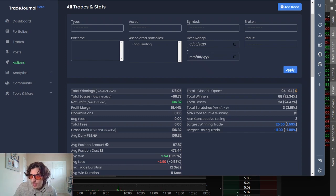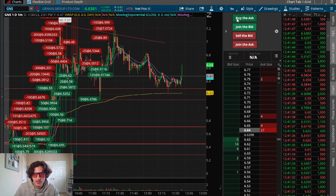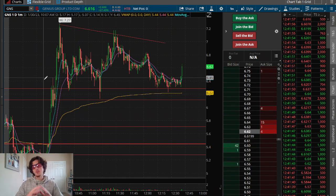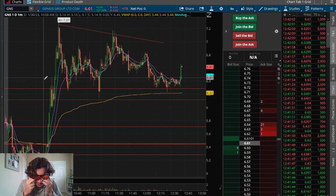My total winners, I had a really good accuracy today at 72%, well above my average, which is like 60 to 65. So really good accuracy today. I cut my losers and took my gains when I had them up 1-to-1 risk reward. My profit margin was 61%, mostly because of that high accuracy. I wasn't really shooting for home runs today. I was just going for small gains, especially after seeing that false breakout on GMVD. I played a lot more defensive rather than aggressive, which